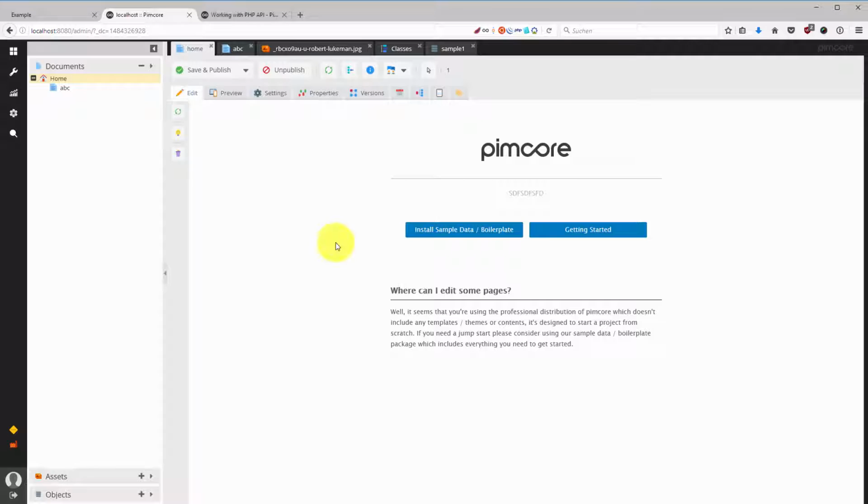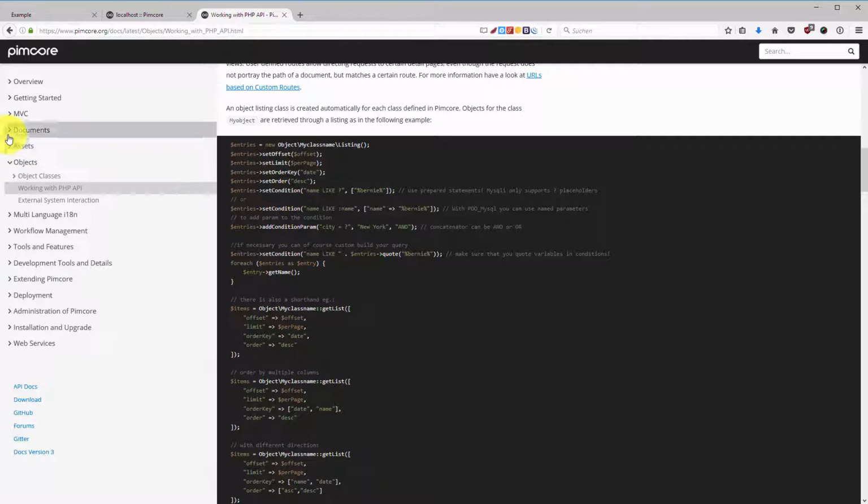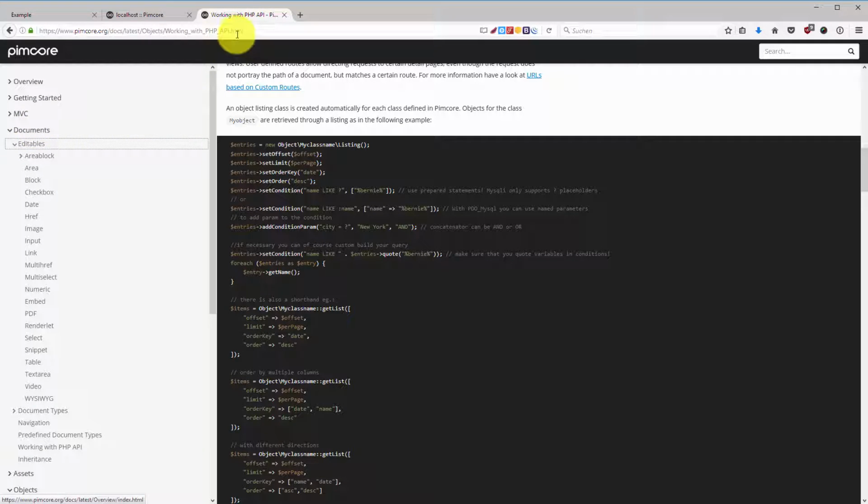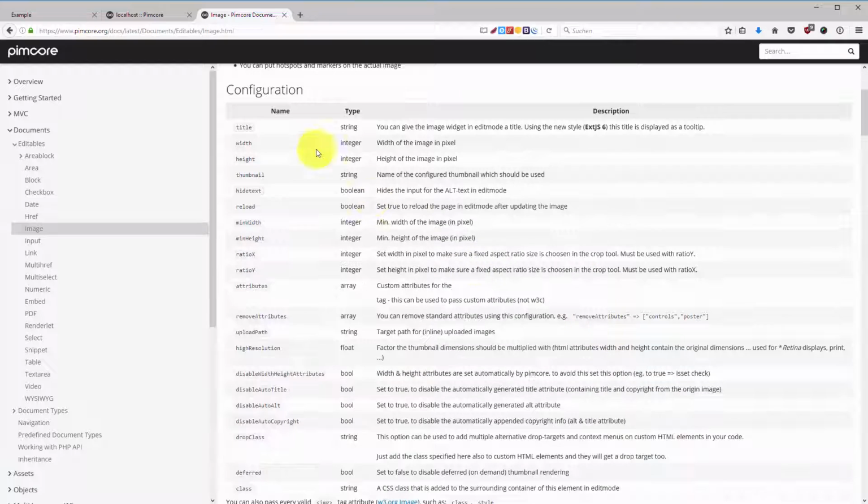One of the changes is that I want to add pictures, and if I go to the Pimcore documentation in the documents editables image, then I see a few configuration options here. And one of the configuration options is thumbnail, and we are talking about thumbnails a little bit more later, but for right now I want to show you how you can add a thumbnail